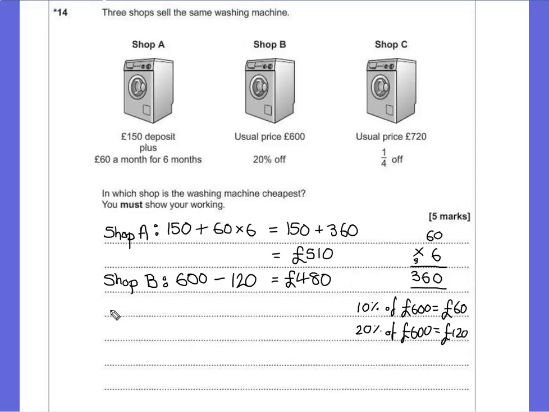Now on to shop C. Keep it labelled. And then let's look at this one. This one starts with £720, but it's asking us to take a quarter off. So once again, just using the space over to the side, I'm going to try and calculate a quarter of 720. To find a quarter, we're going to divide by 4, and for this the bus stop method is the